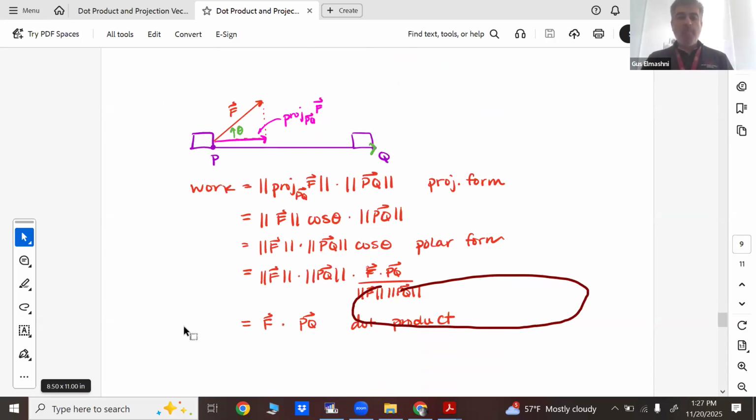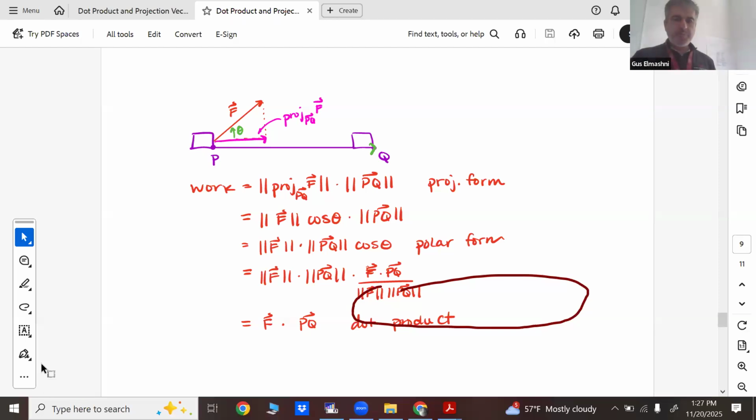Now, how do we use projection for this? In real life, the forces will be at an angle. For example, on a cart, I'm not pulling the cart straight; I use the handle and pull at an angle. But if I break the force down, or project F onto PQ, I can calculate work pretty easily. So I'm doing the projection of F on PQ times its magnitude. Work this out, and you end up getting